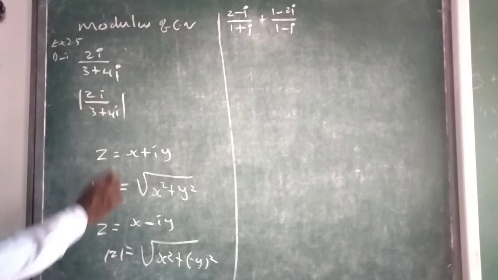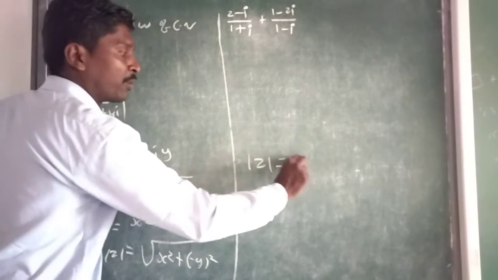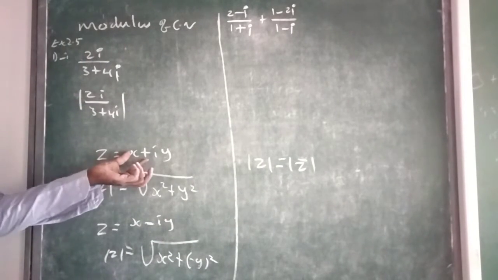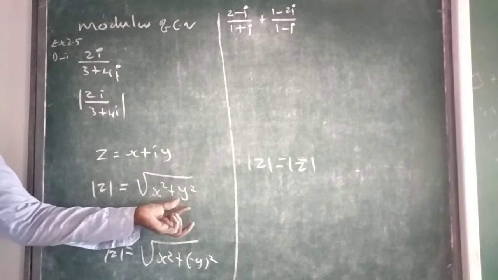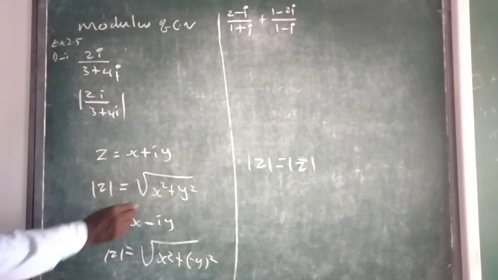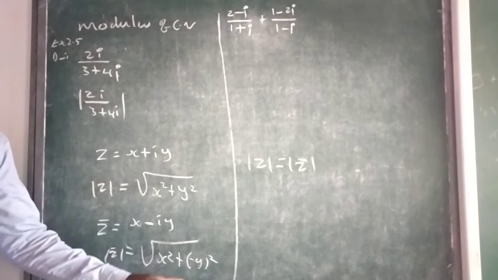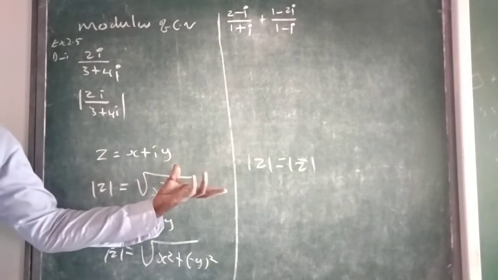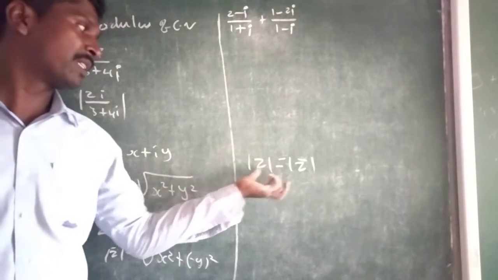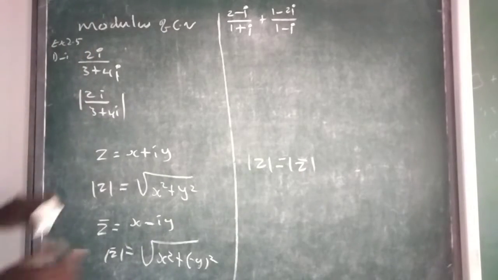So that's why in taking the modulus, the complex number and its conjugate are both equal. So z equal to x plus iy, you take the modulus it becomes the square root of x squared plus y squared. z bar also, if you take the conjugate, the same will come, because x squared plus minus y squared becomes y squared. In modulus conditions, a very important property: modulus of z equals modulus of z bar. Now come to this one.